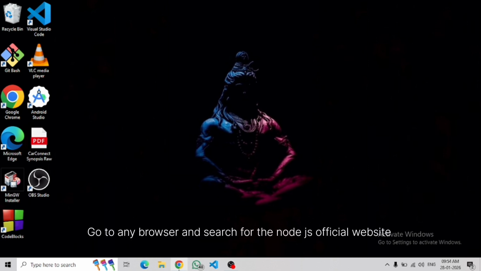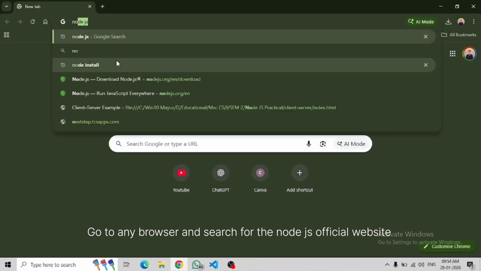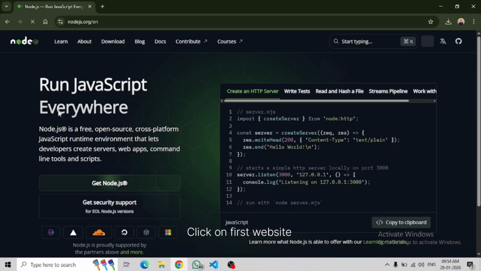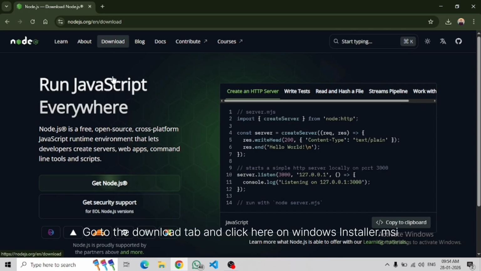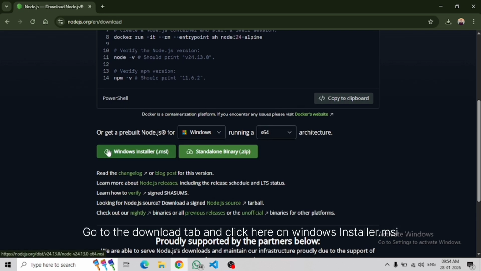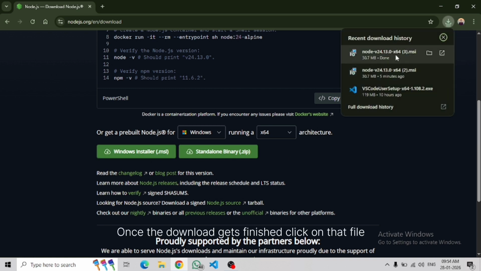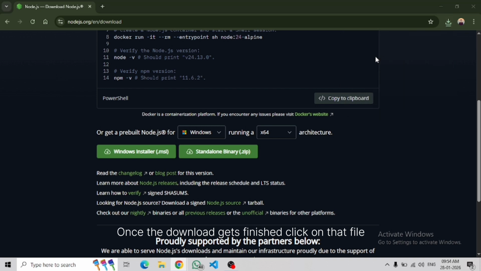First of all, go to any browser. Search for the Node.js official website. Click on the first website, go to the download tab and click here for Windows Installer .msi. You can see that the download has started. Once the download is finished, click on that file,